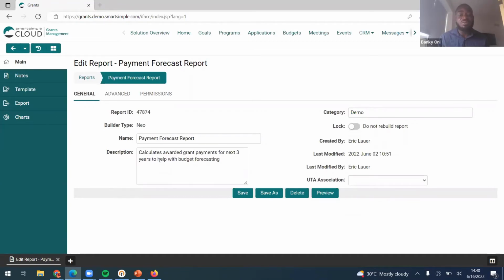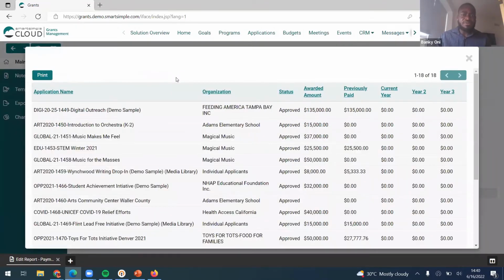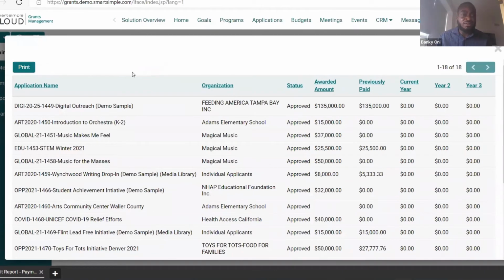This report would be very useful in that scenario. So if we try to preview our report, you see the list of columns that we've included. We obviously want to know what the name of the application is, the organization the application is under. You can include the status of the application, the total awarded amount, and then this first column shows you